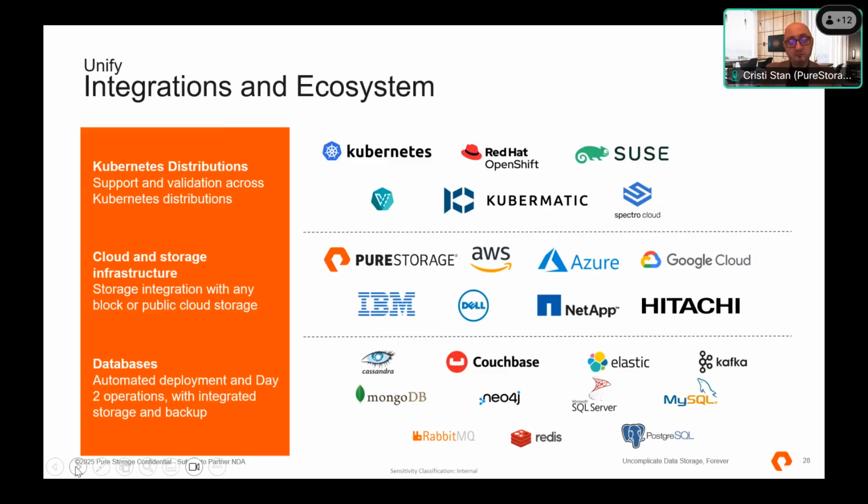And yeah, I forgot to mention, we also have a solution called PDS, Portworx Data Services. Portworx Data Services allows you to deploy a database without knowing anything about how to configure a database. We have right now 14 databases in our catalog. From Cassandra, Couchbase, you can see all of them on the bottom of the screen. You just need to connect. This is an automated tool which is running in the cloud. You can connect your cluster to this tool and just say, hey, I would like to run my